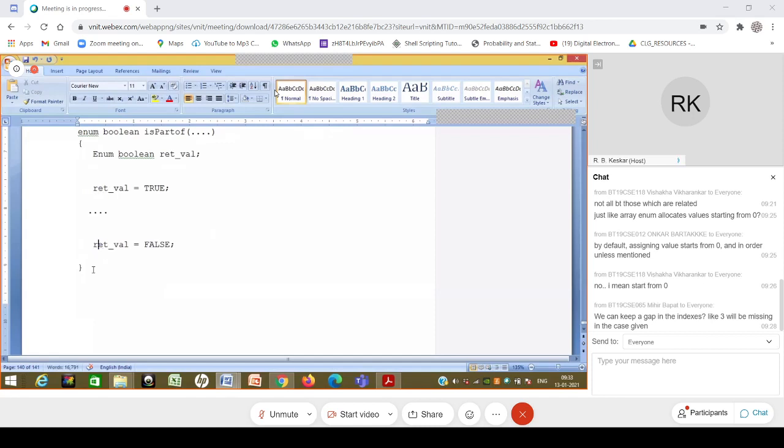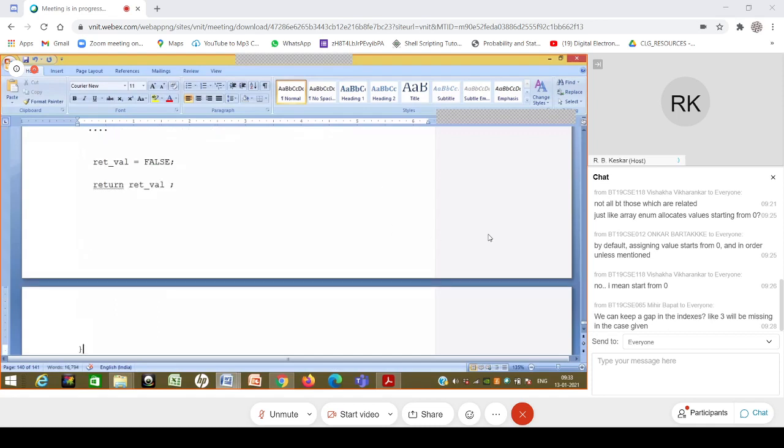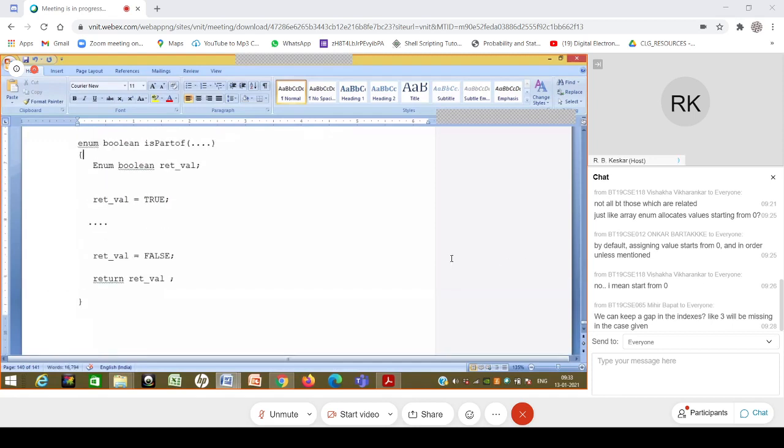Okay. And then perhaps I can return the rate val somewhere over here. So understand that this is under some if-else condition: in some if-else condition this is true, in some if-else condition this is false. And then perhaps I can do return rate val. Okay, so essentially this is to say that this function is returning booleans now, and it is not returning integers, which could have been anything else.